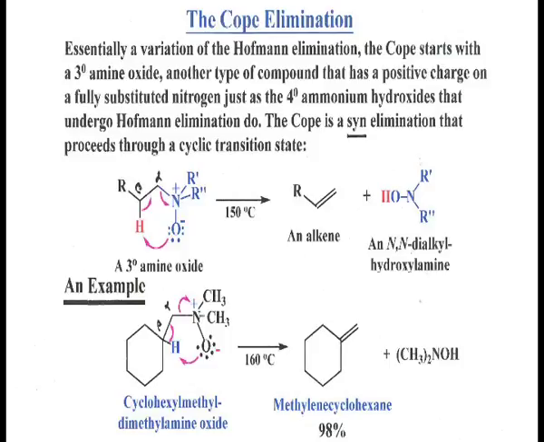Why tertiary? Because this nitrogen has all the substituents, no free hydrogen. Because of the proximity next to this carbon, that is alpha, beta, this carbon having a hydrogen atom, O minus will pick up this hydrogen, the carbon-hydrogen bond shifts over here and the carbon-nitrogen bond breaks. So, I can say it is a Hofmann type elimination, but the extra thing is O minus is picking up that acidic hydrogen, making almost a cyclic transition state to give a product which is nothing but an alkene and a dialkyl hydroxylamine.